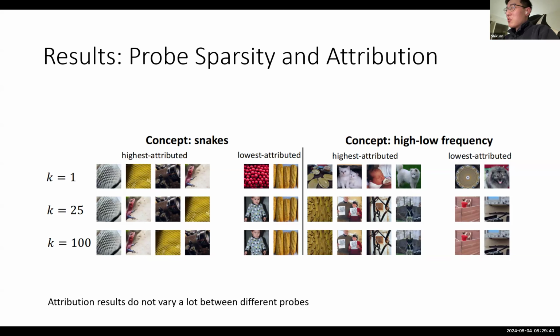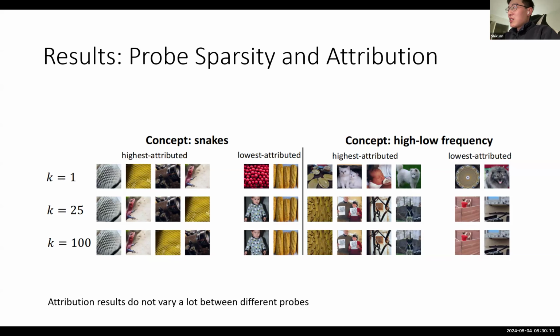And also for maybe the high-low frequency concept, except for the k=1 case, no matter for k=25 or k=100, the retrieved instances are exactly the same. So their conclusion is that attribution results do not vary a lot, even if you vary the probes. Yeah, so